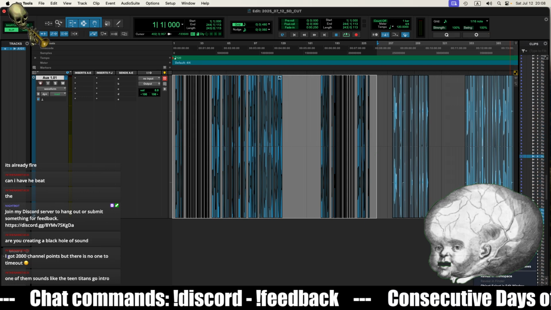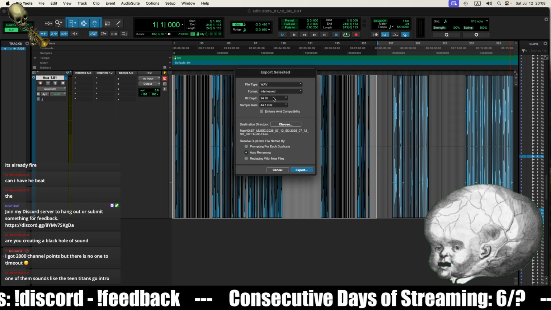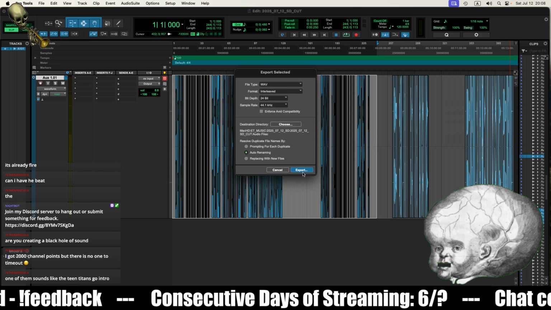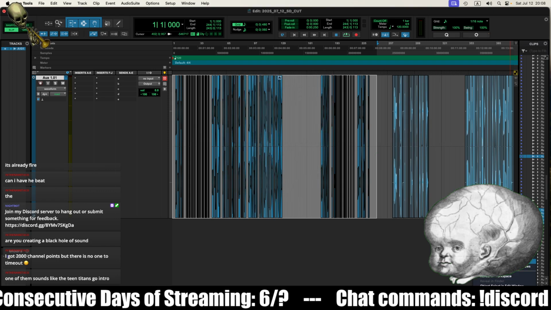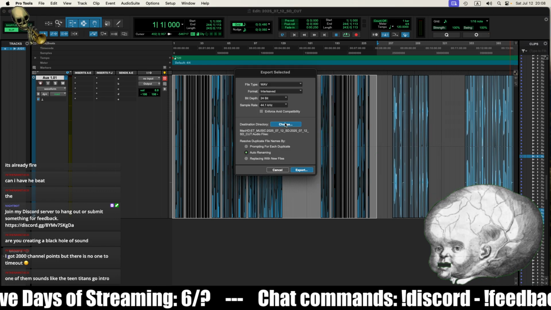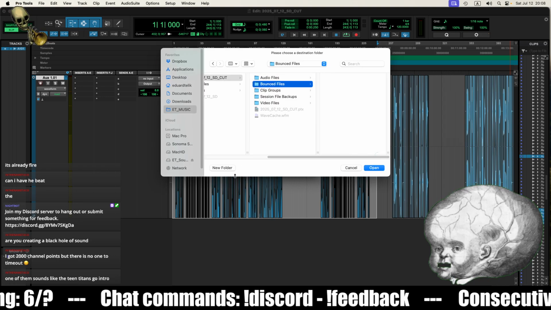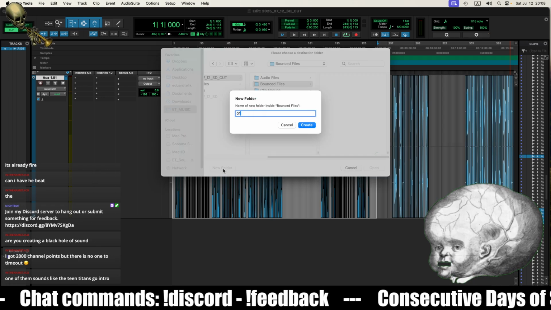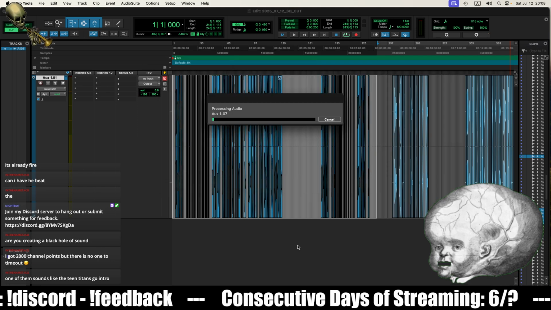And let's just export clips as files. 24-bit wave interleaved, auto renaming. Oh fuck. Export clips as files, choose, not audio files, bounced files. 01, create, open, export.